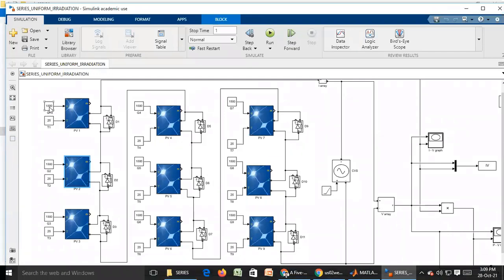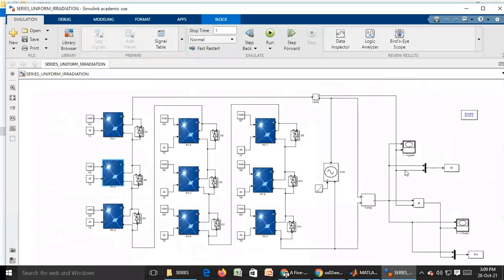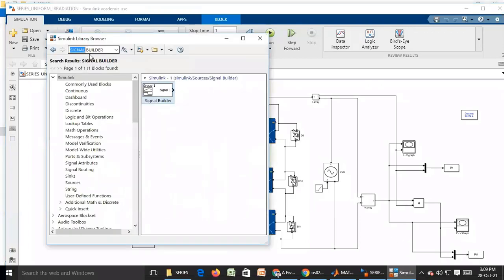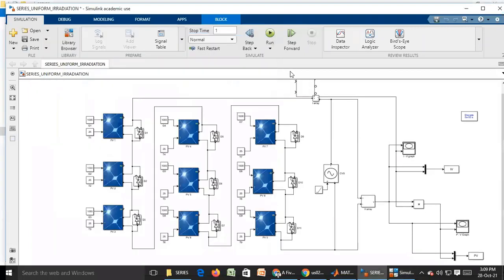All the PV arrays are connected with 1025, 1025, 1025 like that. I have taken XY graphs. Just click PV array. That's it. It's very easy.